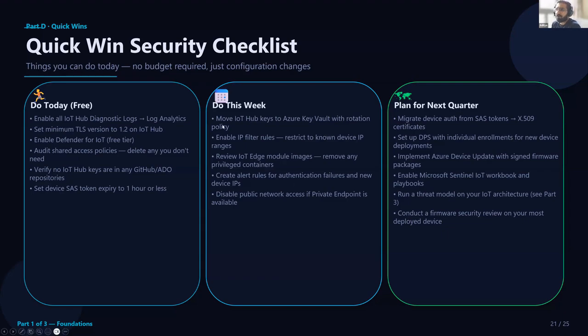Then do this within the week. You should move all your IoT Hub keys to the Key Vault with rotation policies. Enable IP filters, restricting to the known device IP ranges only. Obviously, review your IoT Edge module images. The next section is more on planning. Migrate any SAS based authentication to certificates, implement certificate rotation automation, implement OTA firmware signing, and enable Azure Policy assignments for IoT. And the plan for the next quarter is deeper architectural work, I would say: deploying Defender for IoT sensors,